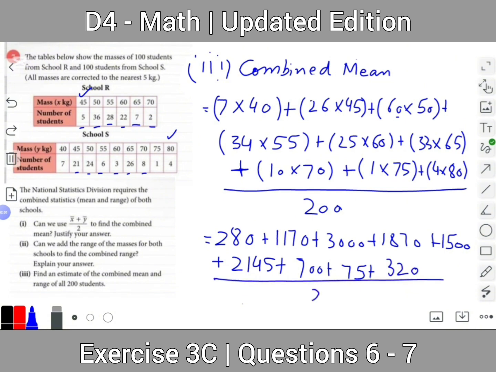Now adding up all these values we will get